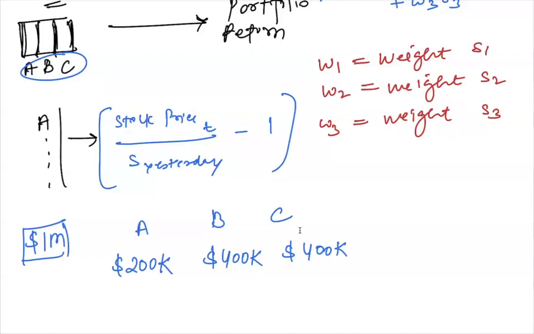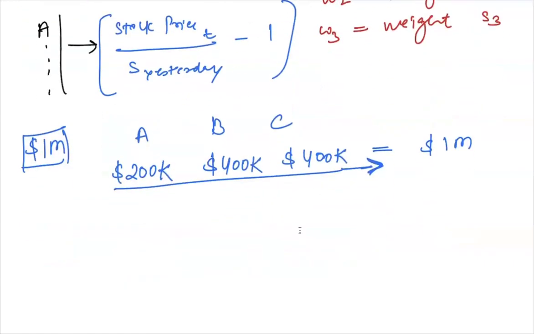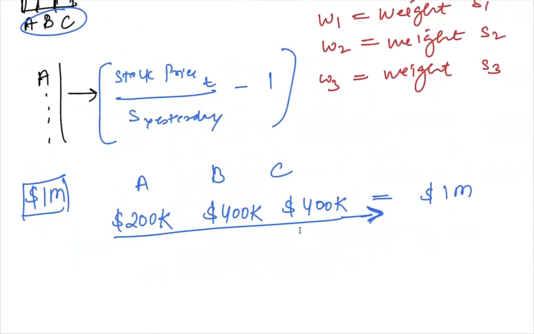The total of this is $1 million. Now tell me one thing, what will be the weights? You calculate weights as 200k divided by the total portfolio value,